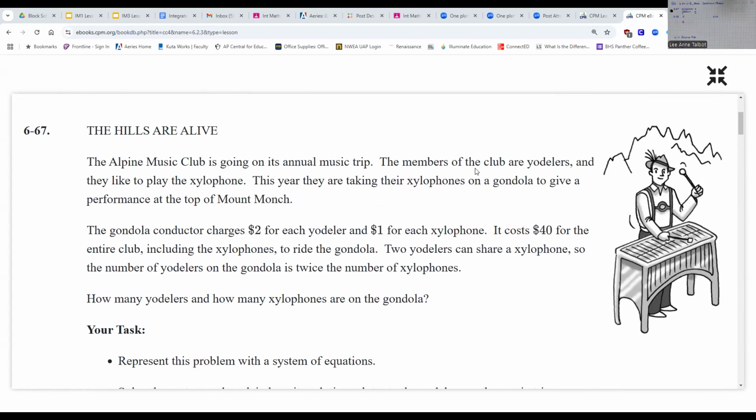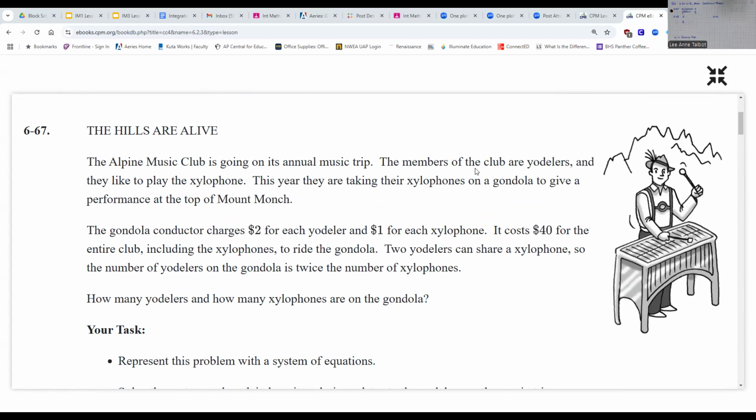The Alpine Music Club is going on its annual music trip. The members of the club are yodelers and they like to play the xylophone. I just want you to take a minute, think about what that would sound like. Yodeling, xylophone. This year, they're taking their xylophones on a gondola to give a performance at the top of Mount